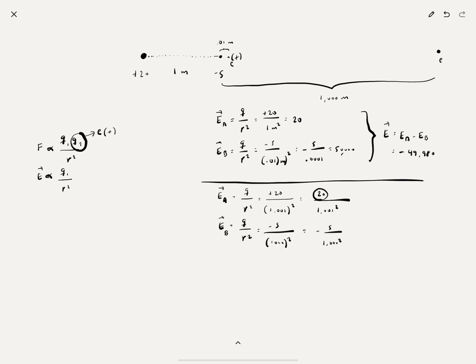Whereas now the 20 is still 4 times larger than the 5, and so the resultant intensity, which will be 20 over 1001 squared minus 5 over 1000 squared, will be very tiny but positive, almost 4 times as much positive as it is negative, because the denominator in this case affects both forces, both intensities, almost